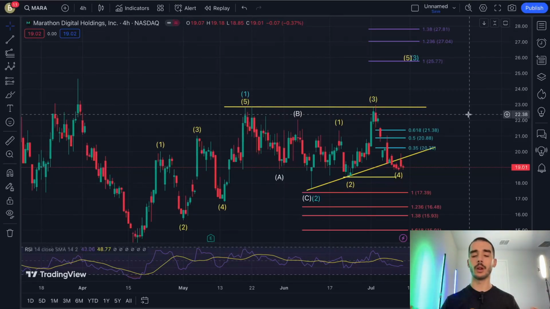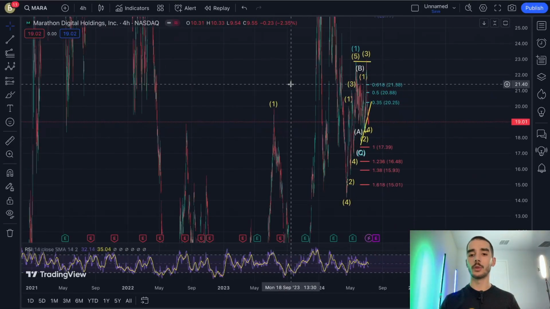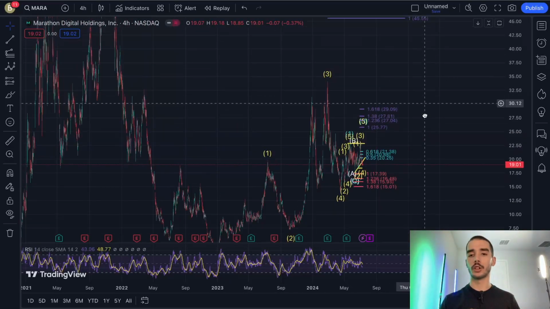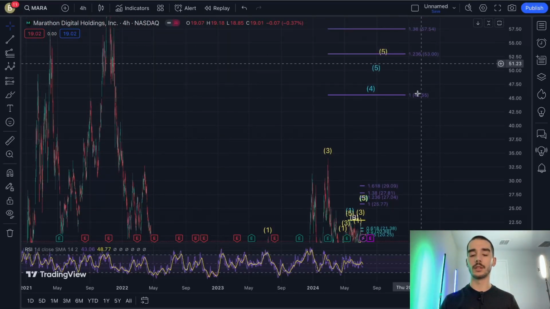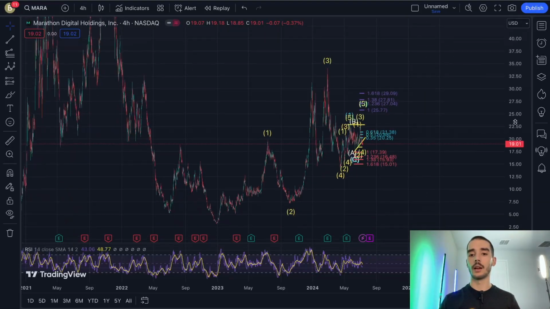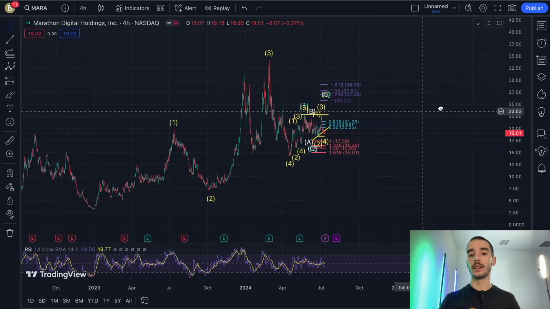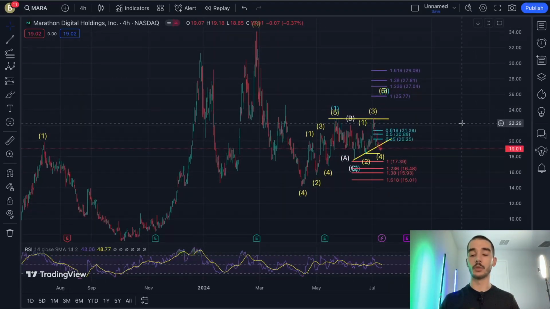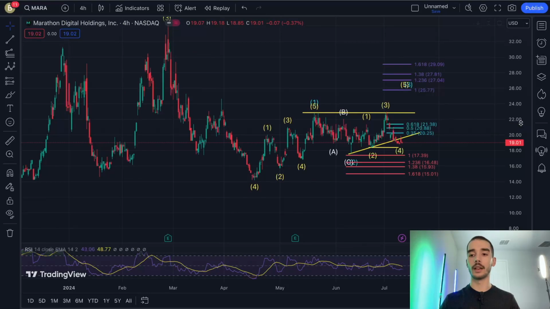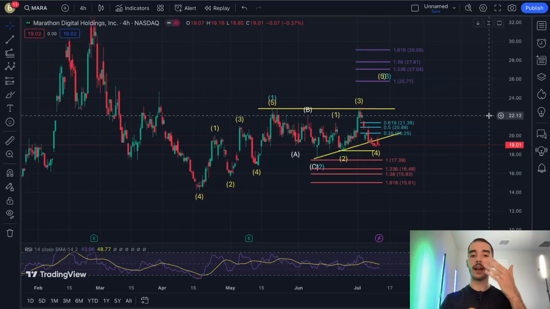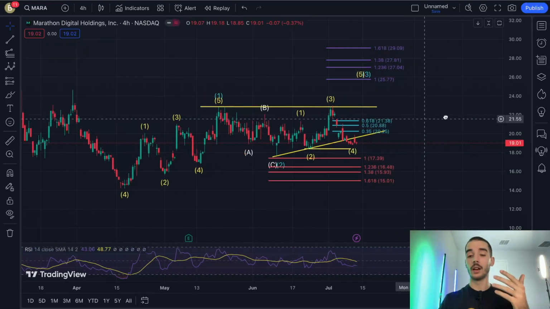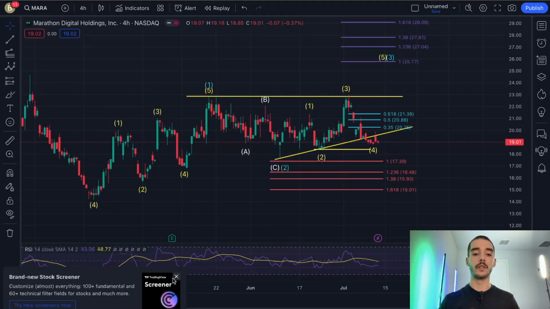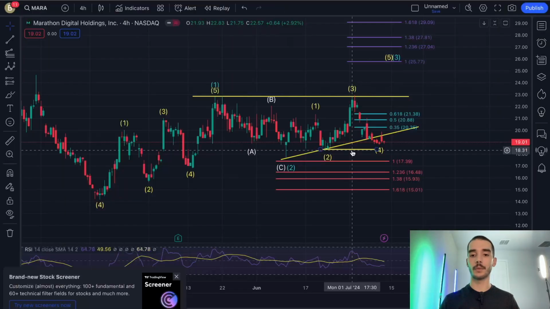I'm going to try to sum all this up. We realized there was actually a bigger bullish structure happening that can potentially bring us much higher. At least that's my opinion. I believe it can bring us much higher, and I feel like that's the most likely outcome. I'm structuring my trades as if that's going to happen, because it makes sense to me, and it fits my risk tolerance with this stock specifically.